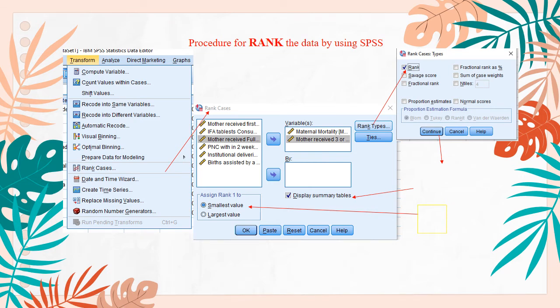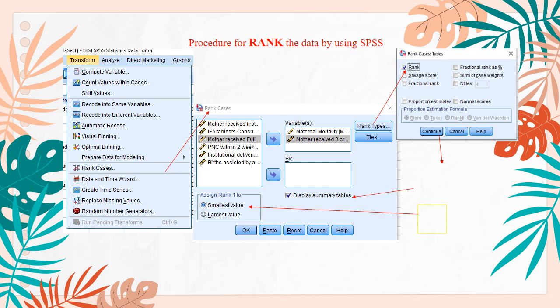If the researcher wants to give ranks for any other numerical data, then SPSS can be used for that. In SPSS, there is a procedure. Come to Transform. From Transform, there is a drop-down menu. Down below you can see Rank Cases.